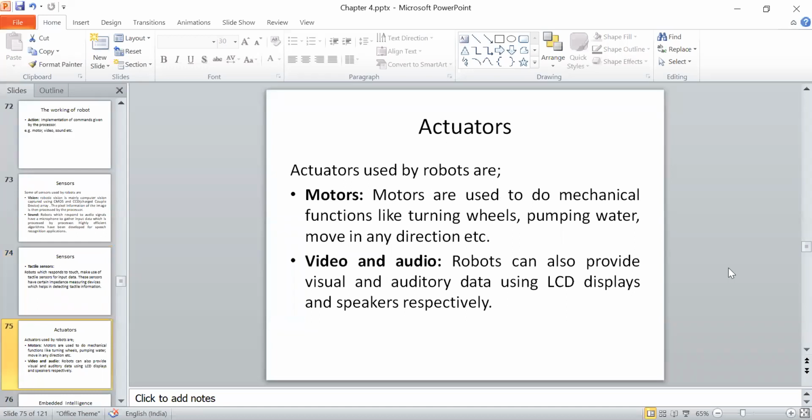Okay. Now actuator, as we have already see that to perform the actions we require the actuators, and in the case of robots also the actuator could be a motor or the video or audio devices. So it may possible that robot is just play that particular information, whatever information it process, it shows you that this information on a display device. It may possible that it also generate a audio data, ये भी पॉसिबल है,